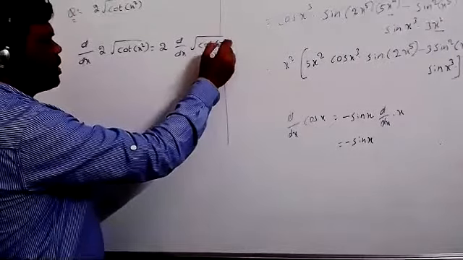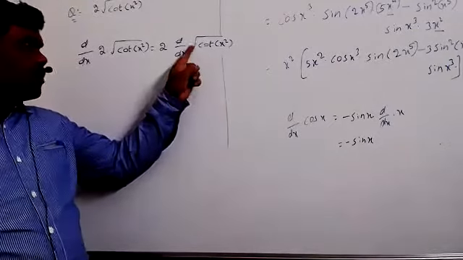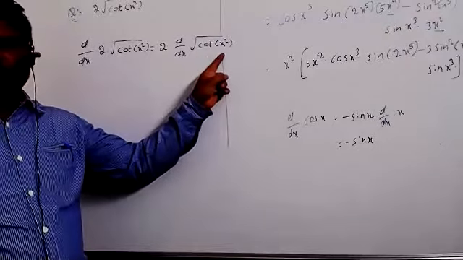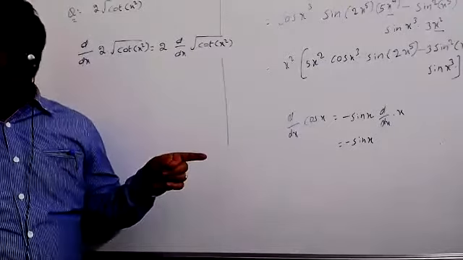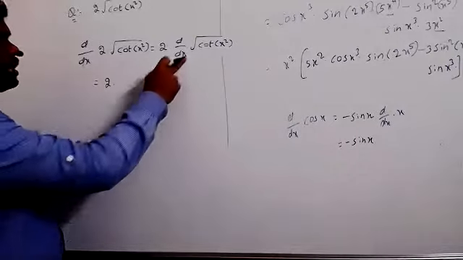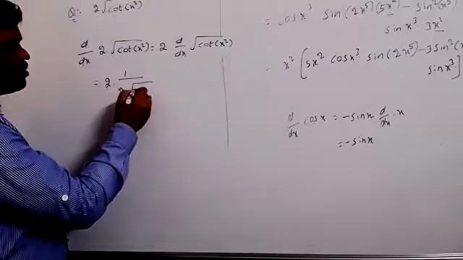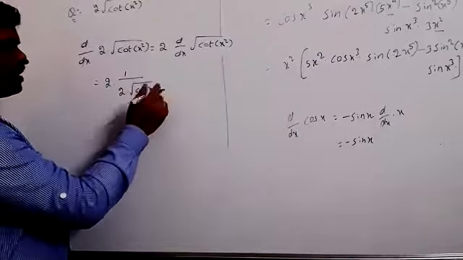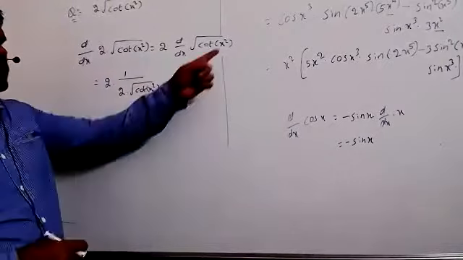Square root of cot x square. It's correct. Now it is in the form of root x. But the central thing is you can take x here. The differentiation of root x equals 1 by 2 root x. The same you can write. So 2 into differentiation of root x equals, we know very well, 1 by 2 root x. So 2 into root of cot x square. But here clearly inside the bracket it's not x now. Some different function is there.